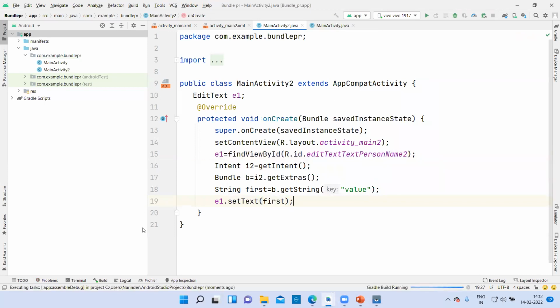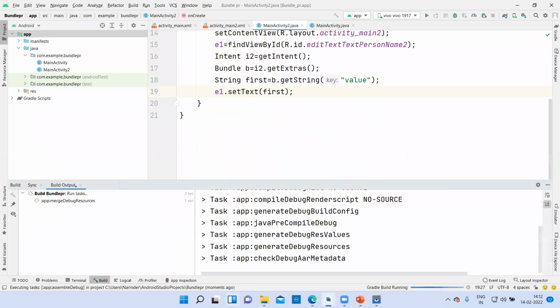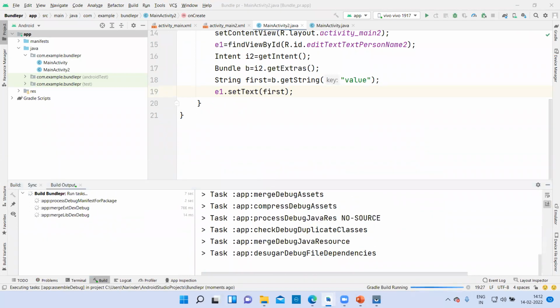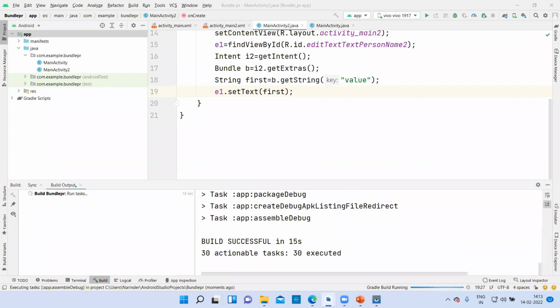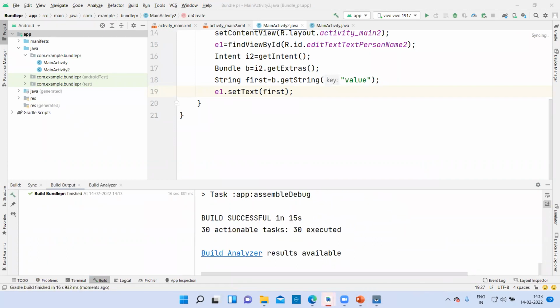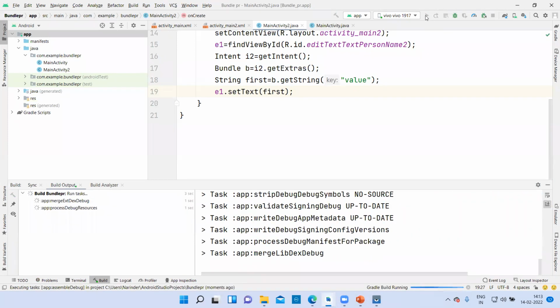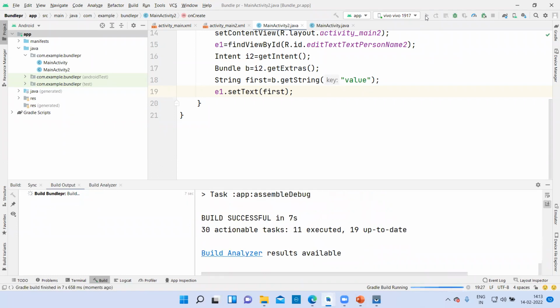So let me compile it and build it for you. Then show you on my phone. Let me deploy it on my phone. Installing the app.